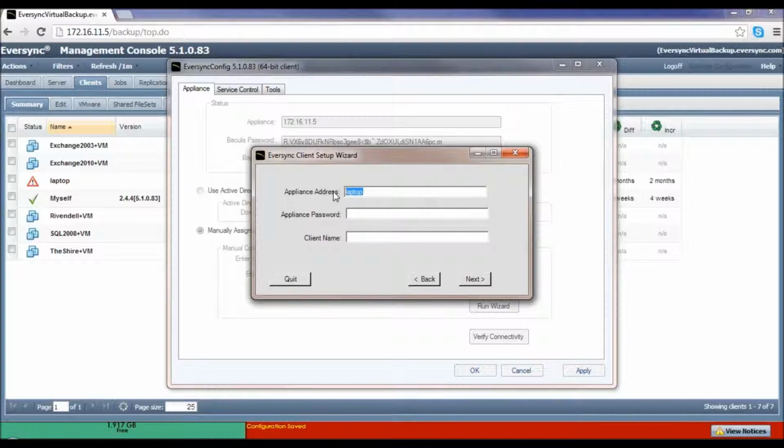Oops, I got that backwards. We'll type in the right information. My appliance address is 172.16.11.5, and we see that right there in my browser. The appliance password, in this case, my appliance password is still the default setting, which is RVXD2D2D. If you've changed that, then of course you would plug in the appropriate password. And now my client name, laptop,